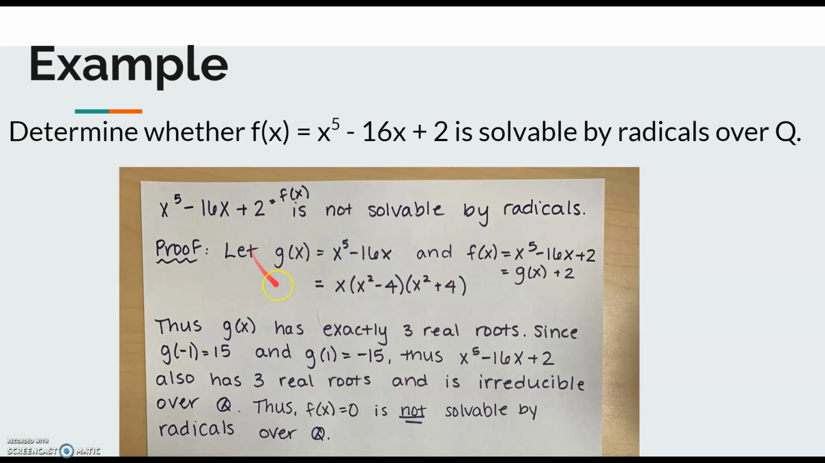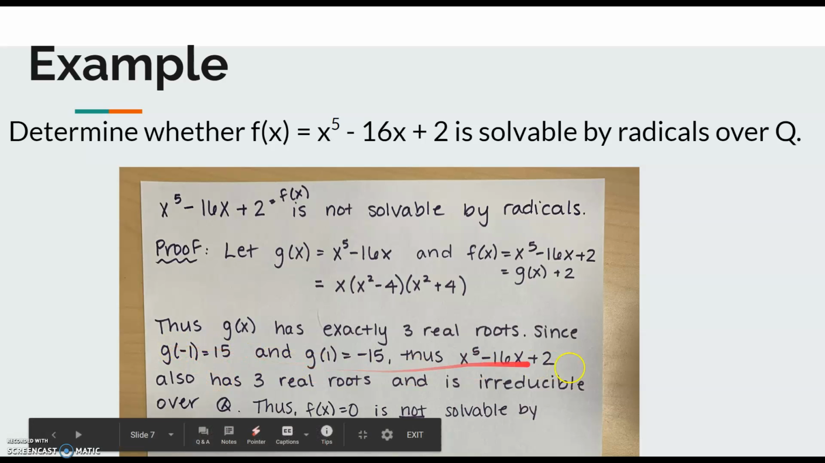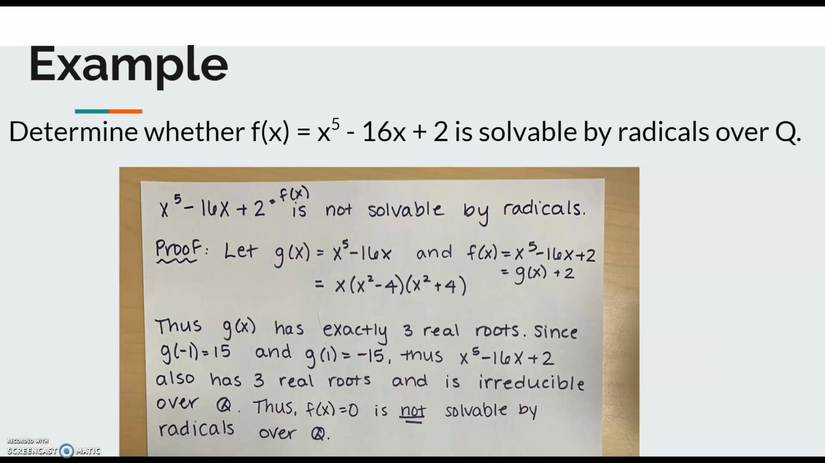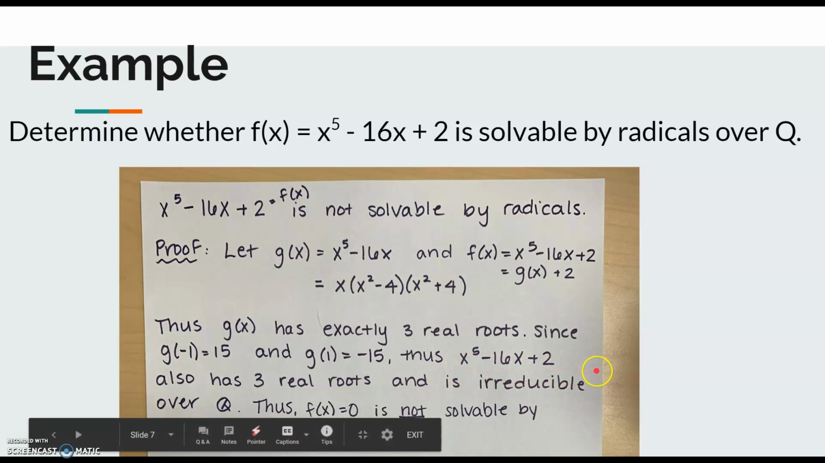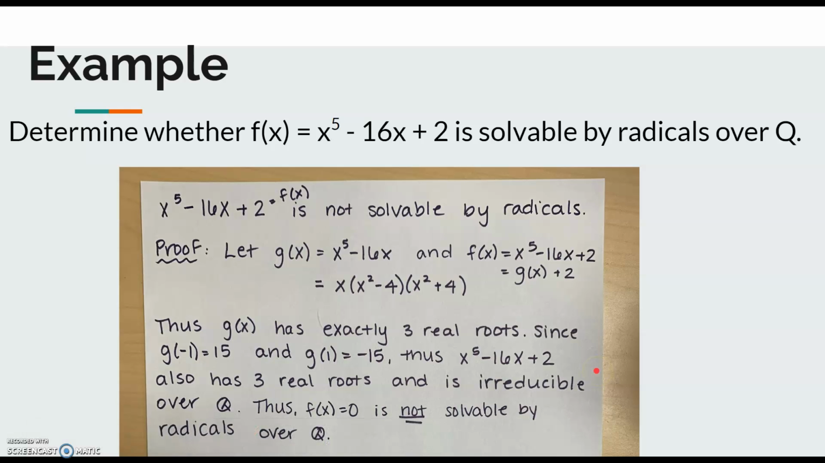So this g of x has 3 real roots. The real roots are 0, 2, and negative 2, and then 2 complex roots. Well, f of x and g of x are related because f of x is g of x plus 2. Thus, g of x has 3 real roots. And by finding g when x equals negative 1, we see that g of negative 1 is 15. If we say x equals 1, we find that g of 1 is negative 15. Thus, we see that x to the 5th minus 16x plus 2 also has 3 real roots,